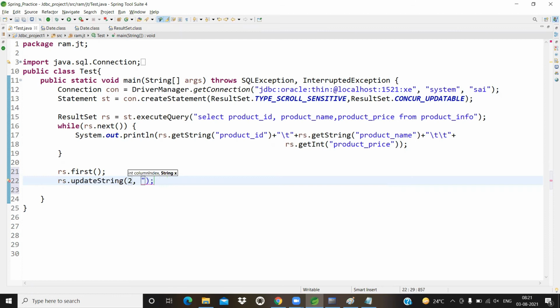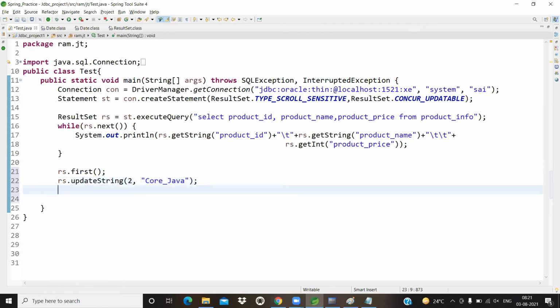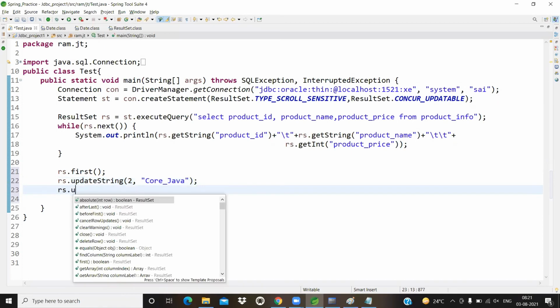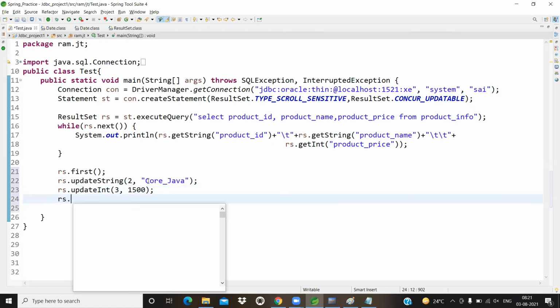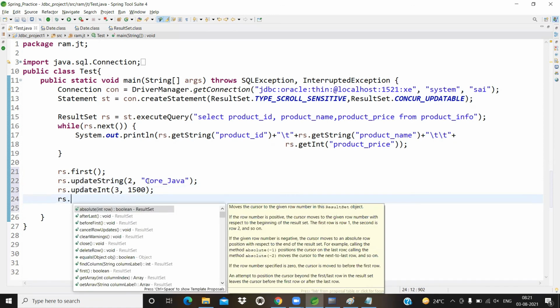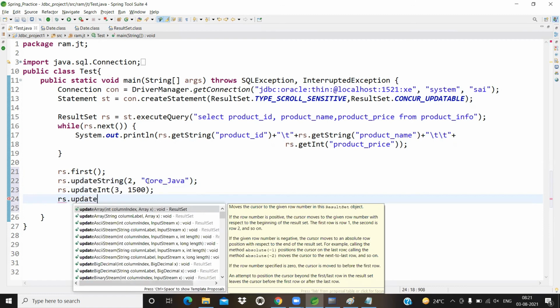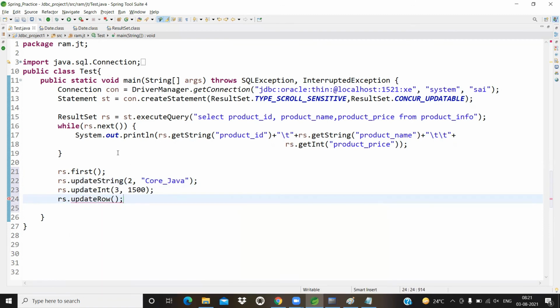Now, my intention is to write core_Java, so core space Java will be converted into core_Java. rs.updateInt, third one, I want to write like 1500. After that, rs.updateRow.